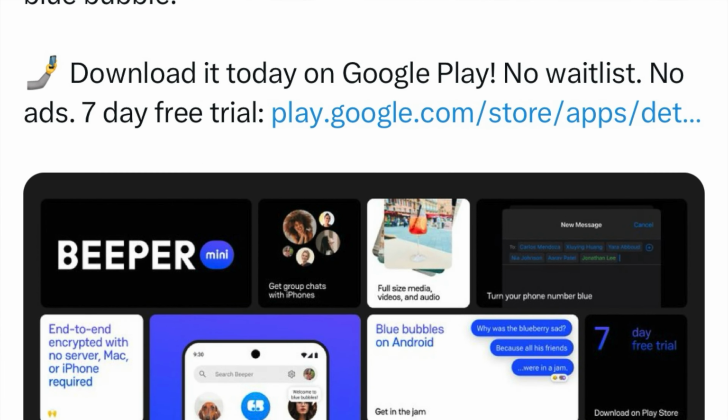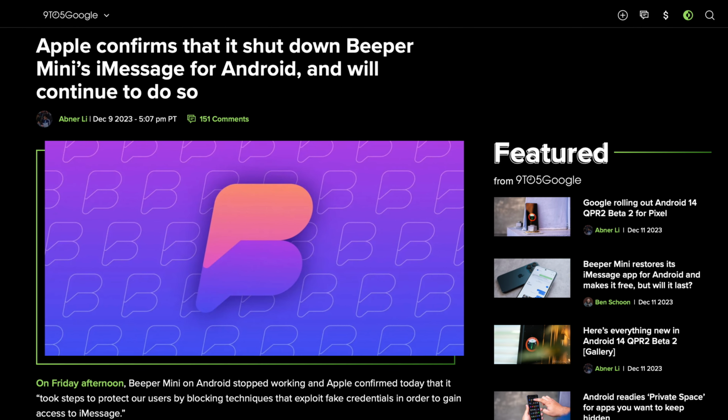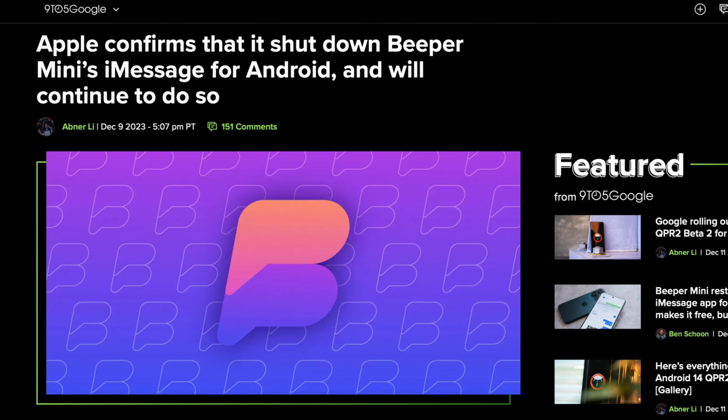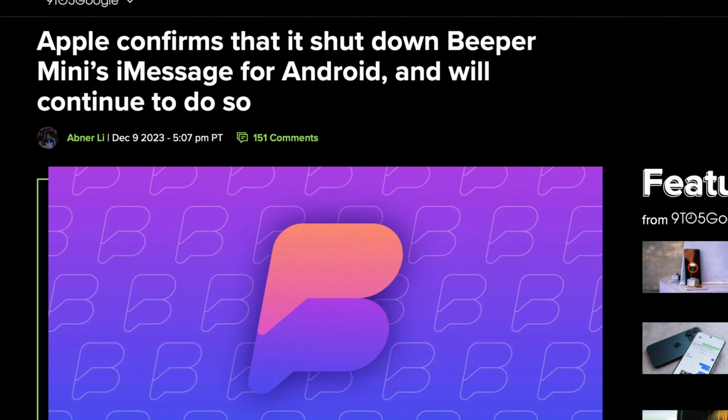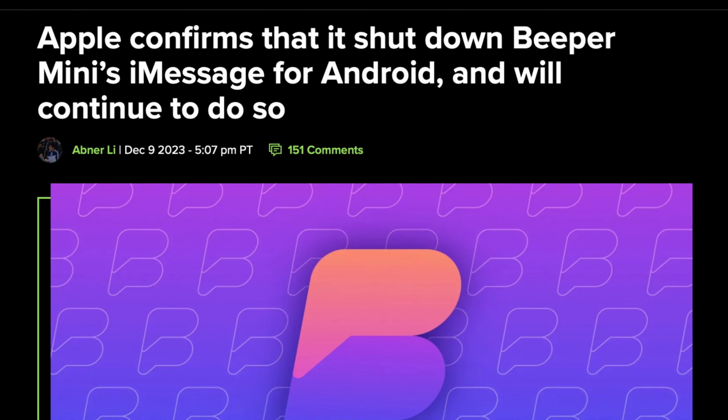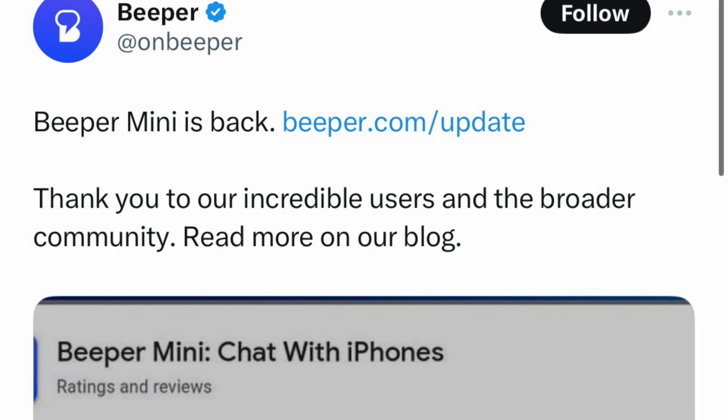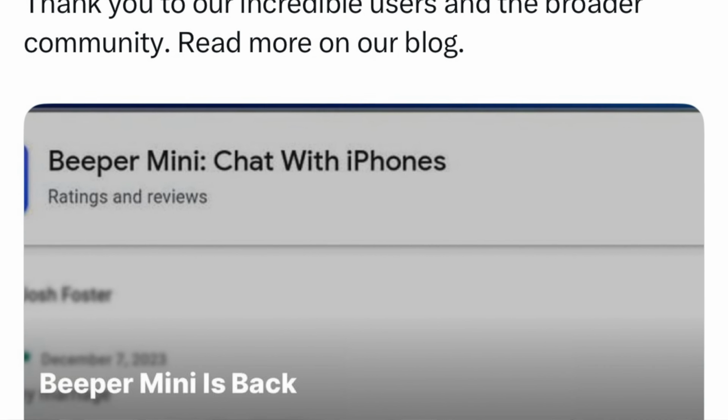The Beeper CEO did announce that Apple would not be able to shut it down without changing the whole protocol for their iMessage app. And we did realize that that's not completely true, because a few days later, Apple was able to shut it down very quickly without any hesitation. And that just scared a lot of people from trying the service. But Beeper still continued. They still tried to bring this app back, and a few days later again they brought it back